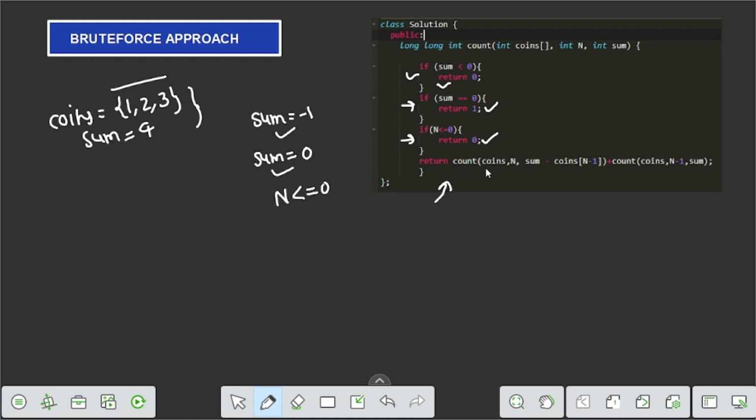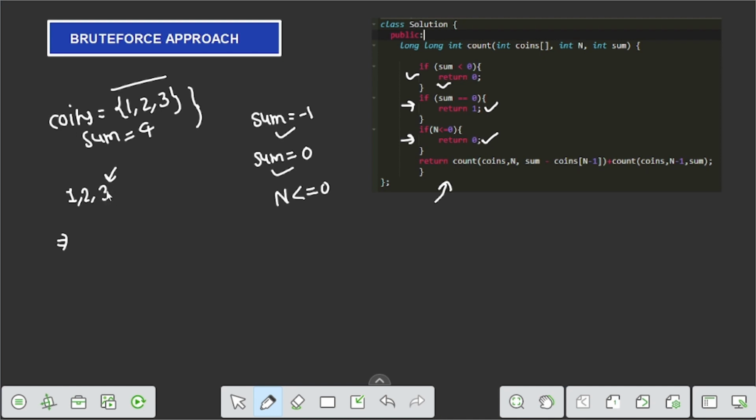So in the remaining cases, we can include a coin or exclude a coin. Let us take an example. If we are calculating for 1 2 3, then in the answer we can choose 3 or not.